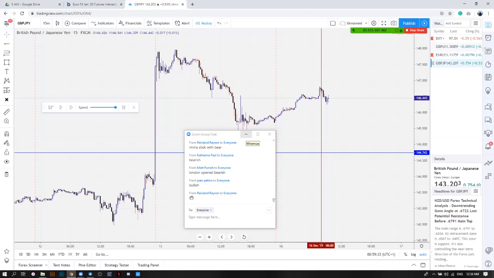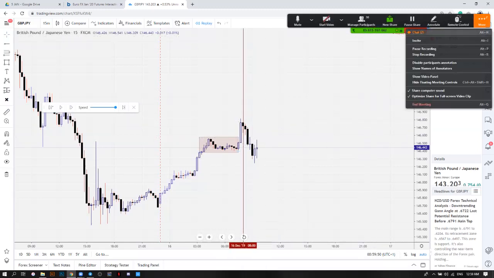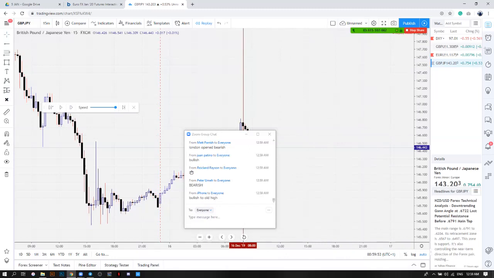Now look at what price did. Tight range before London. Where was the big move just before London? Where did price go just before London? Bullish to the old highs. So just before London, what did price do? Up or down? Up. So if just before the market opens up, what do you want to do? Buy or sell? Exactly. You see how it all makes sense now.